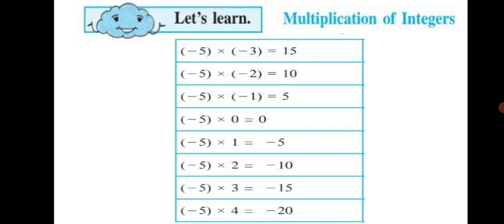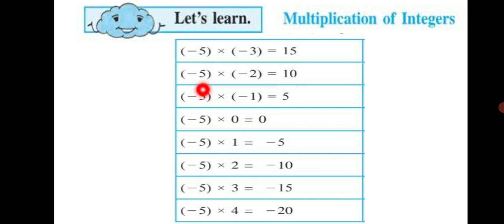Here we have a table of minus 5. Let's multiply and check what answers we have got here. This activity is in your textbook on page number 12. So let's check. Minus 5 into minus 3. The first step that we are doing here is multiply first. 5 3s are 15. And then we will check which sign we have to give. Minus into minus is plus. So plus 15. You can write plus 15 or only 15. Both mean that the number is positive.